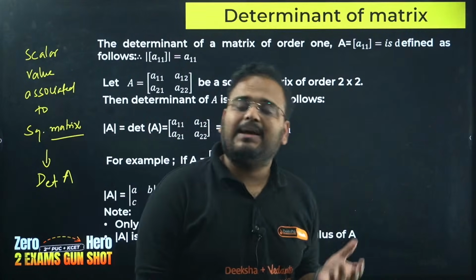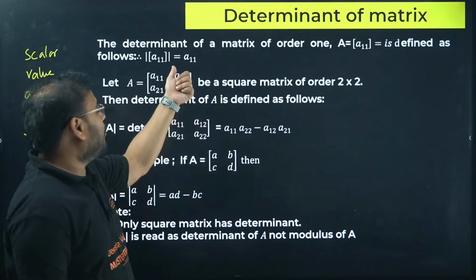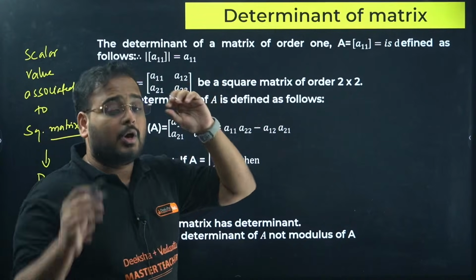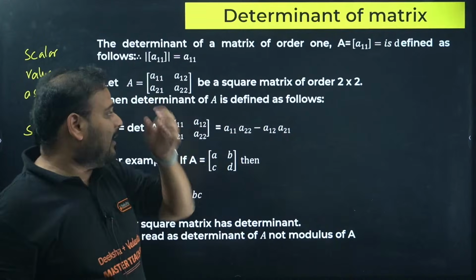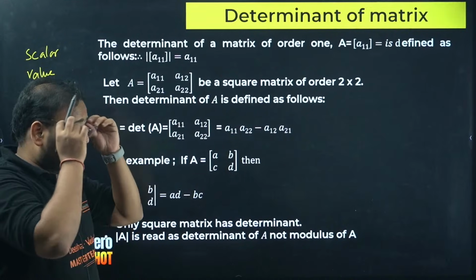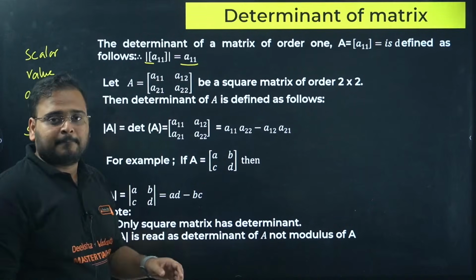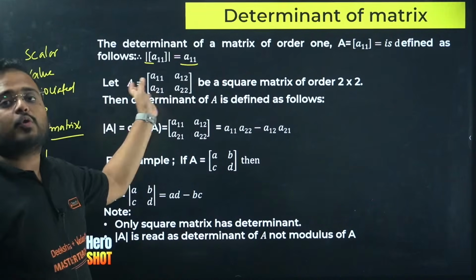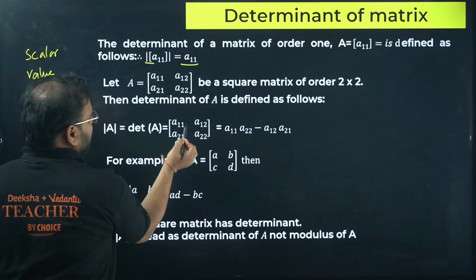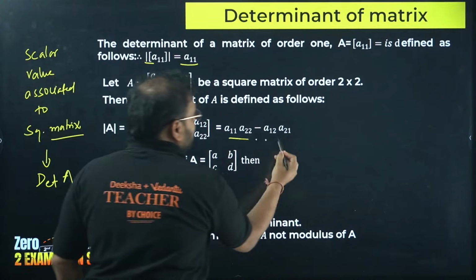Okay, now for different types of matrix, whether it is of order 1 cross 1, 1 cross 1 means only one element in the row and one element in the column. So we have only one element, one row, one column. Then the element itself will act as a determinant, right? And if you have a 2 cross 2 matrix, you're going to do cross multiplication and the difference. So cross multiplication like this and the difference, you get this result.